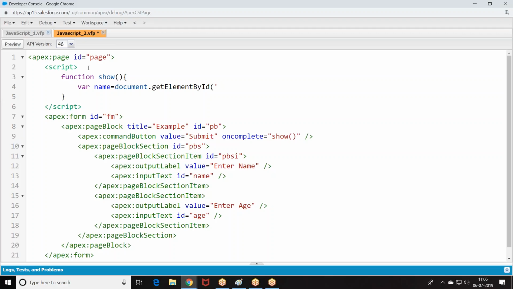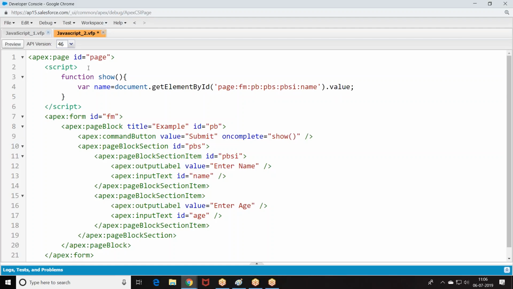Now, var name document.getElementById. Here I had page form, page block, section. Document.getElementById, pageform, pageblock, section, item name.